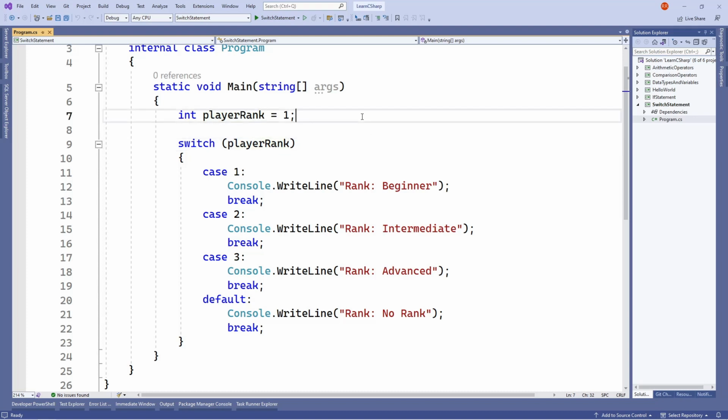Okay, so now we have here an example of a switch statement. Here on line 7, we have declared a variable named player rank. Then at line 9, we have the start of our switch statement. To use a switch statement, first you need to use the switch keyword. Then you have your open and close parenthesis, and inside is the value that you